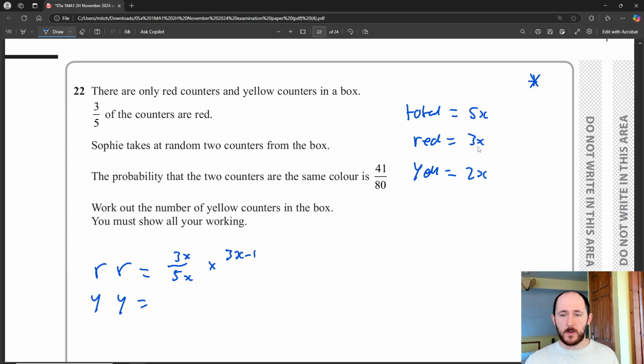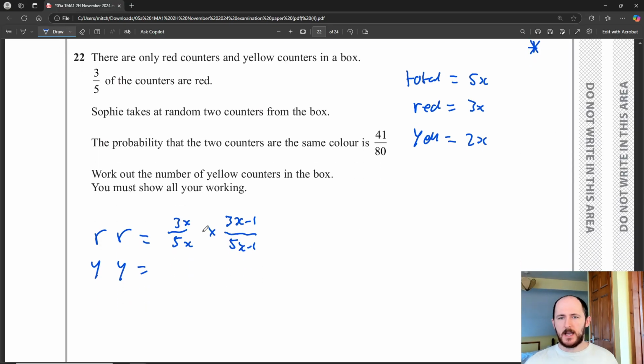It's not going to be 2x, because we've minused 1. We haven't minused x. Over 5x minus 1. And I'm not even going to simplify that just yet, because I don't want to. And the probability of getting yellow, well, there's 2x yellows out of a total of 5x times 2x minus 1